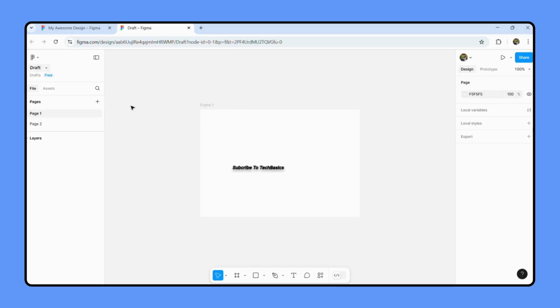This is a great way to keep your work organized and experiment with different versions of your design, like the